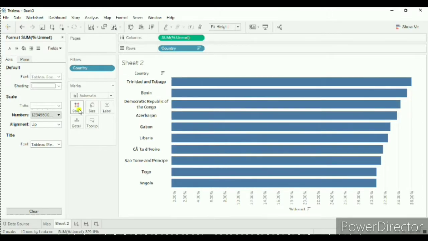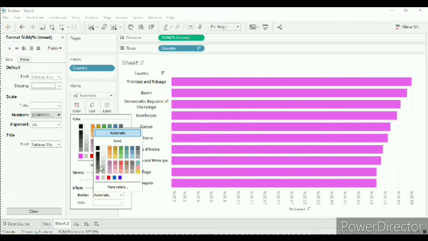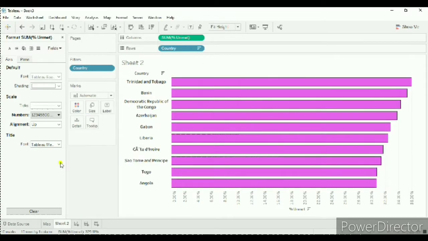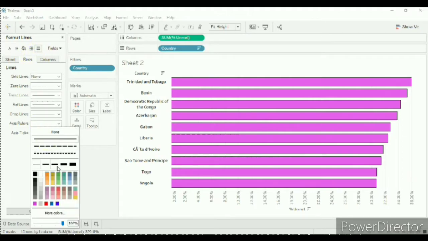Now change the color to pink. Decrease its opacity and select border as black color. Now go to format lines, go to rows and in axis ruler select black line.